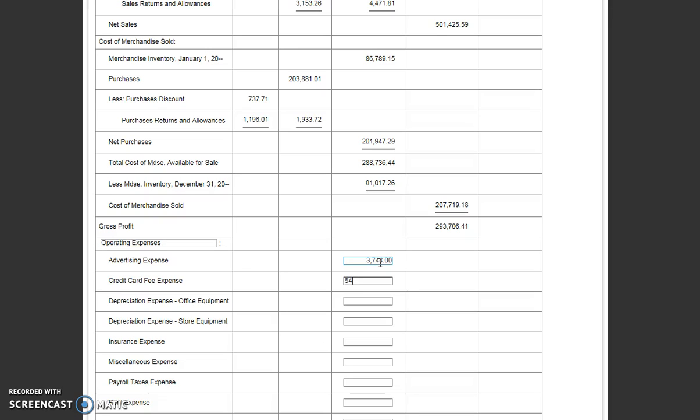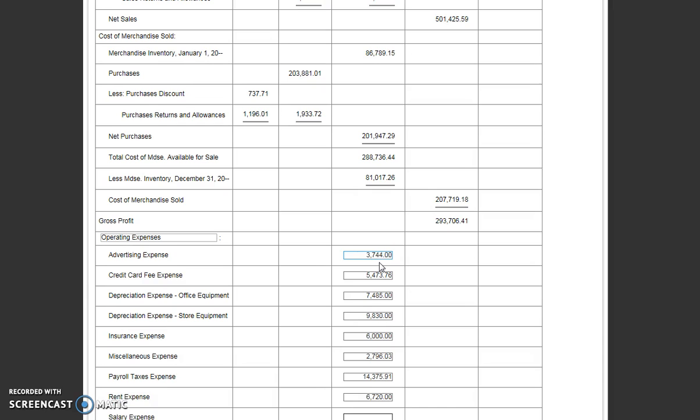Credit card fee expense, depreciation expense, office equipment, depreciation expense, store equipment, insurance expense, miscellaneous expense, payroll tax expense, rent expense, oops,